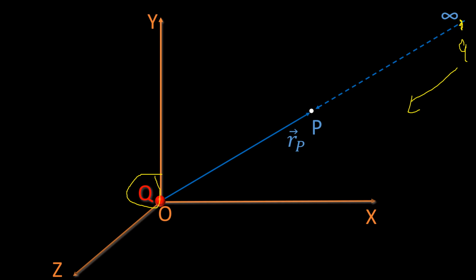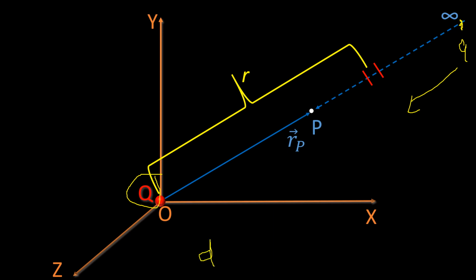So to determine work done, we have to choose a small part of the journey. Let us consider a small part of the journey at distance r. Why consider a small part? Because for this small part, the electric field of capital Q source charge is constant. So I can determine work done corresponding to the small displacement dr. I can always find out the electric field of capital Q there, kQ by r square, and I can always take the dot product of qE and small displacement dr. Once I have dW, I can find out W, and once I have W, I can find out potential energy, or change in potential energy.